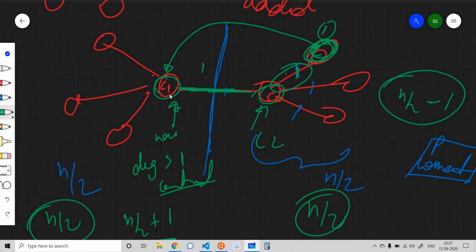But if we delete C1, then we would see that all the components are having lesser than or equal to n by 2 nodes. Then C1 will turn out to be our new centroid. So yes,